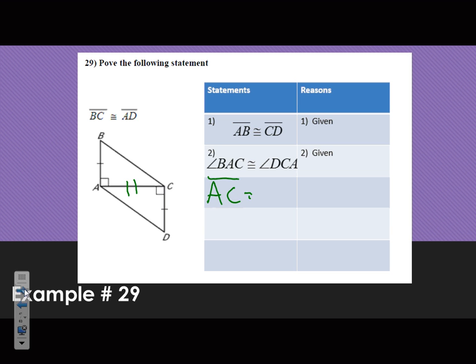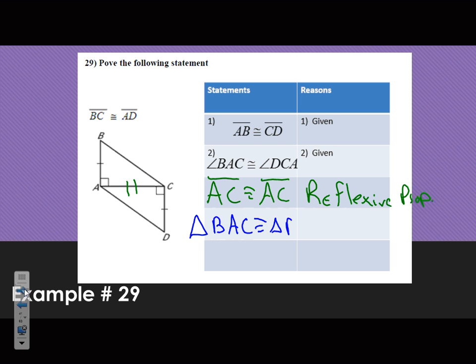Segment AC is congruent to segment AC because of the reflexive property. Now we have enough information to prove our triangles are congruent, so we're going to say triangle BAC is congruent to triangle DCA, and our reason for this is going to be